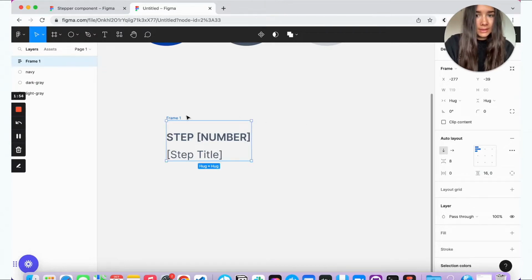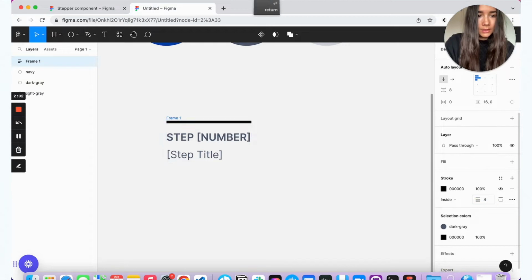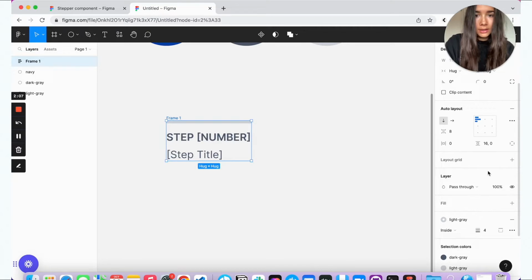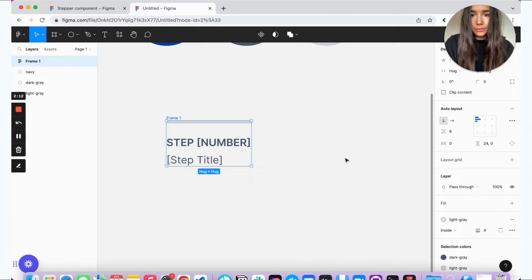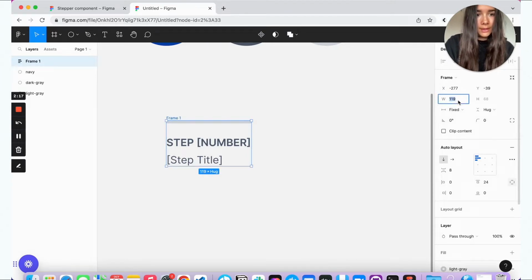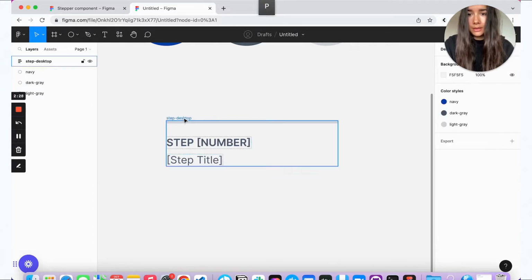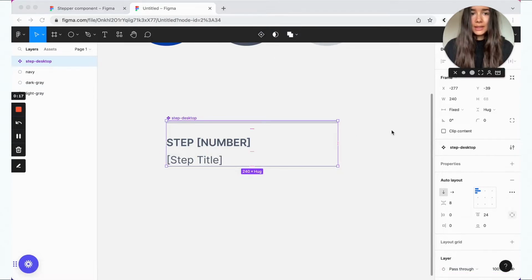So let's say 16. And we'll give it a stroke, just the top. I'll set it to 4 and give it a light gray. So I'm actually going to increase the top padding to 24. We can also give it a fixed width for now, let's say 240, and now we can rename it, call it step-desktop, and turn it into a component.